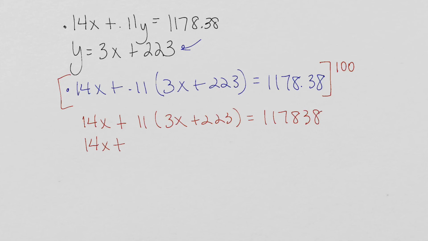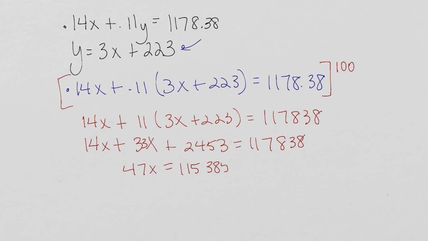14x plus 11 times 3x is 33x, plus 11 times 223 is 2,453 equals 117,838. I will collect like terms on the left. 47x. Move the 2,453 to the right equals 115,385. Divide both sides by 47. X equals